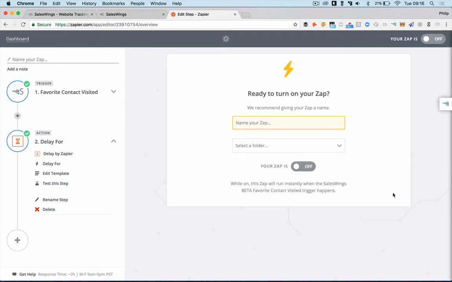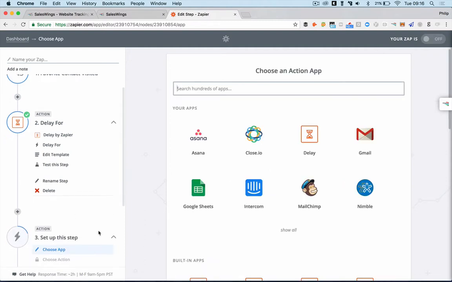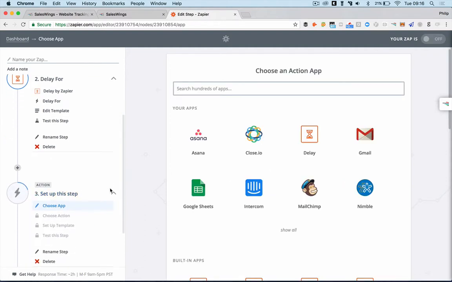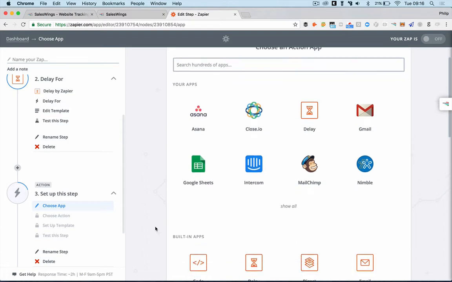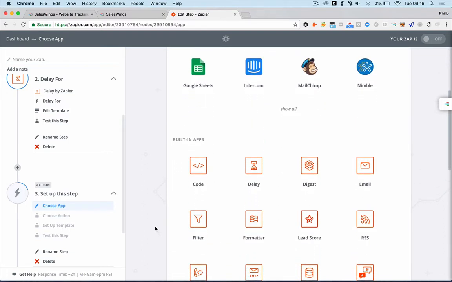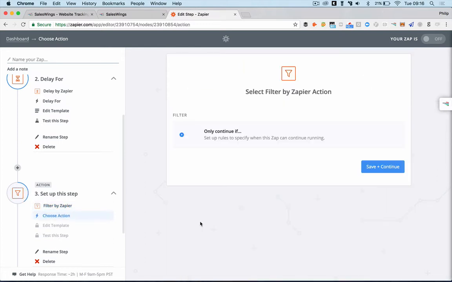Okay, finish. Okay, so I'm obviously not finished right now. So what I'm going to do again is click plus to add another action in between now, and once again go down. So again, I'm going to go to these built-in apps, and what we want to do now is set up a filter. So we want to filter out contacts or leads who have visited a certain page. So I've selected filter, and I only want this